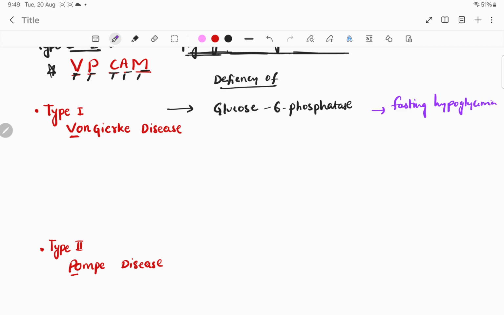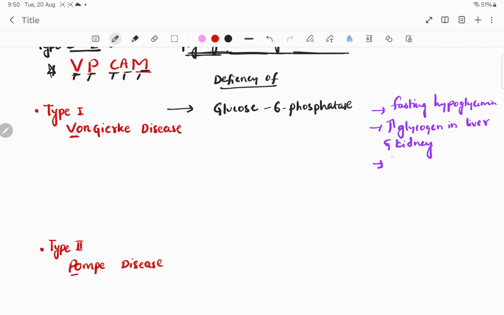Mainly the liver is unable to use the stored glycogen, so gluconeogenesis and glycogenolysis do not take place. So there will be increased glycogen in the liver and kidneys,